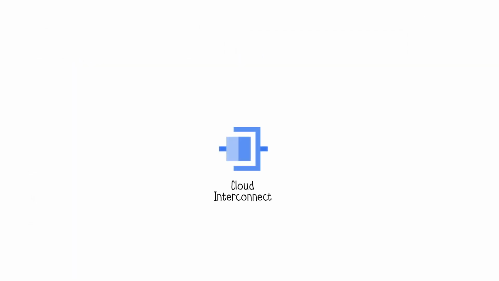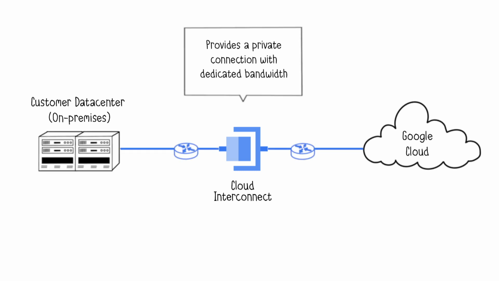Cloud Interconnect provides private connections between Google Cloud and on-premise infrastructures. It's crucial for businesses looking to extend their networks, migrate applications or data to the cloud, or implement disaster recovery strategies. It ensures dedicated bandwidth, ideal for demanding workloads, database synchronization, large data transfers, real-time applications, and does not traverse